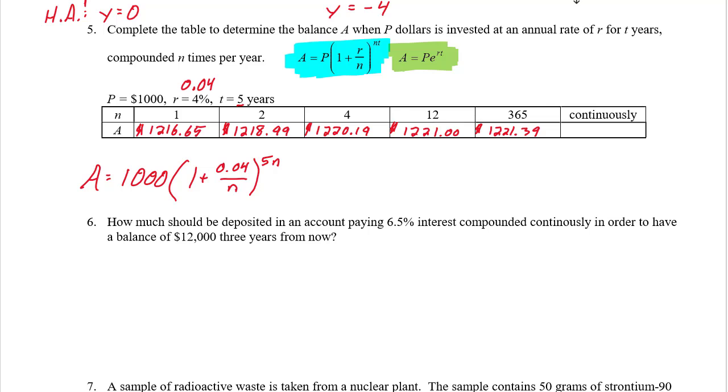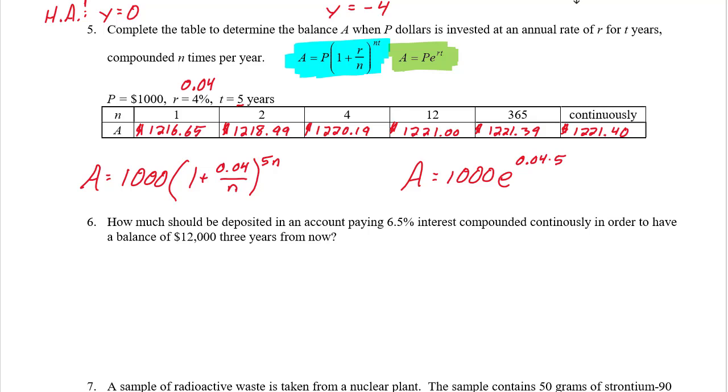Now it's on to the last one. Continuously, remember, uses the PERT formula. So in this case, it would be 1,000 e to our rate 0.04 times our time 5. And if I go ahead and type that in as well, gives me a value of 1,221 and 40 cents. So just barely more than my daily, which with it only being 5 years, I didn't expect a whole lot of a change between those,